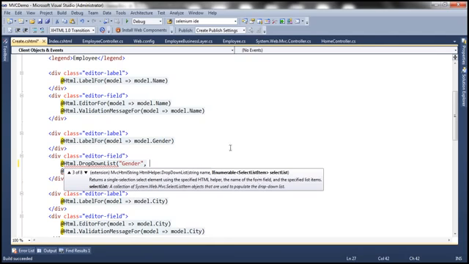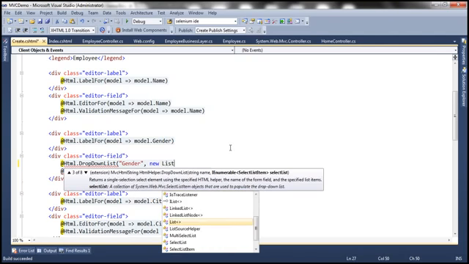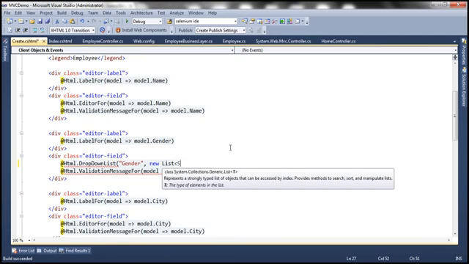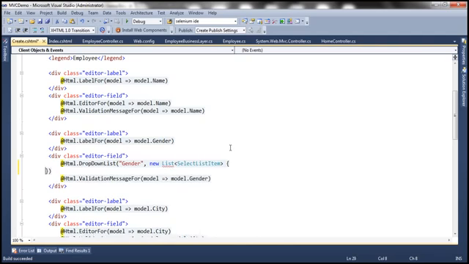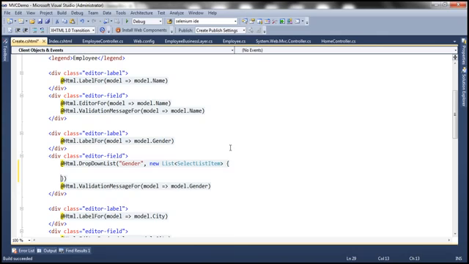Which means I can pass a new list object of SelectListItem. So I'm going to create a new SelectListItem object,